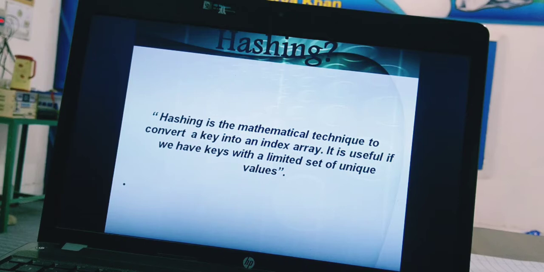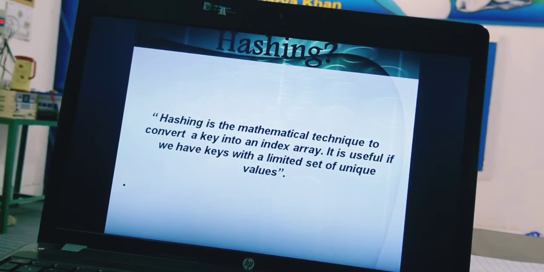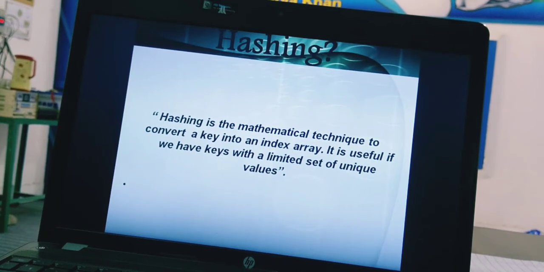Hashing is the mathematical technique to convert a key into an index of an array. Key is basically the element which we are placing in our hash map using hashing or hash functions. It is useful if we have keys with a limited set of unique values.